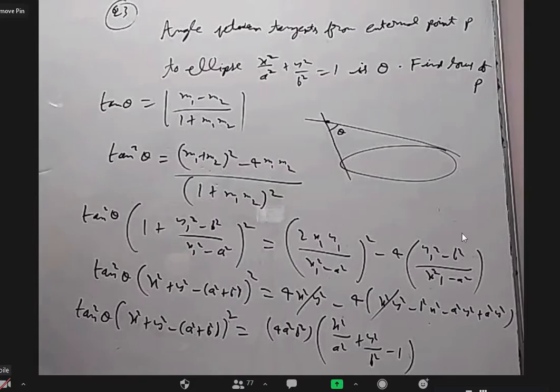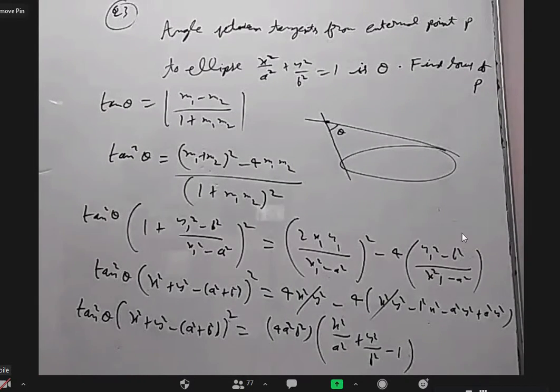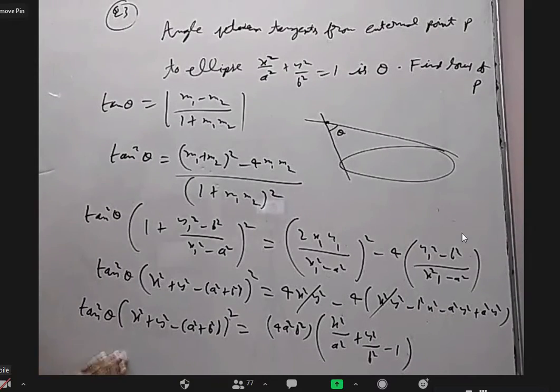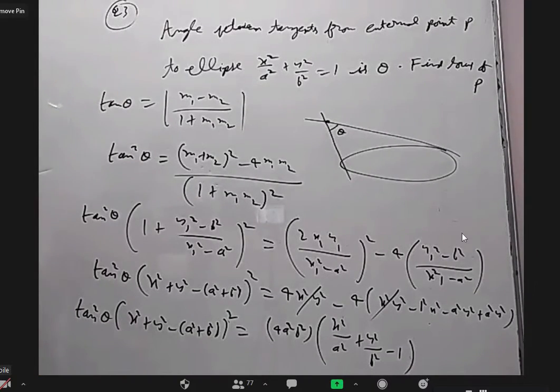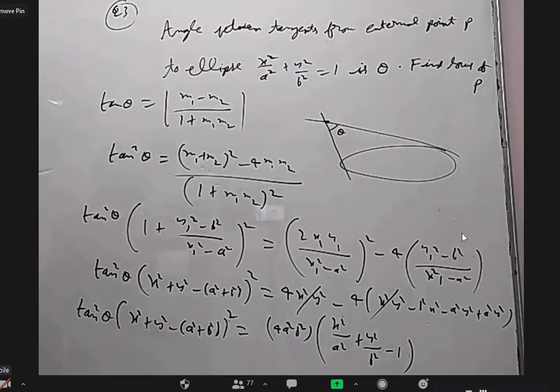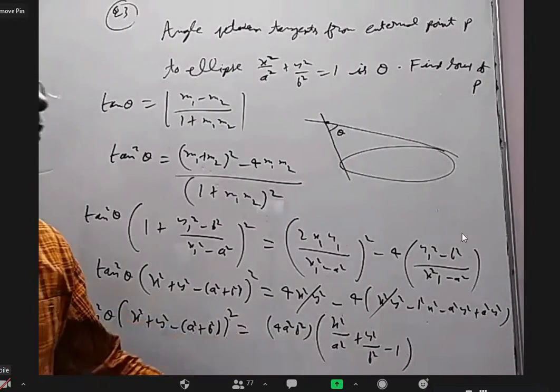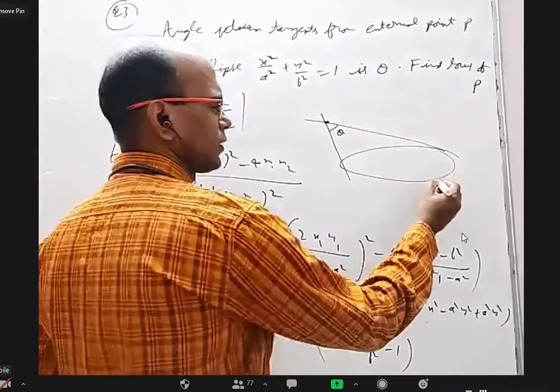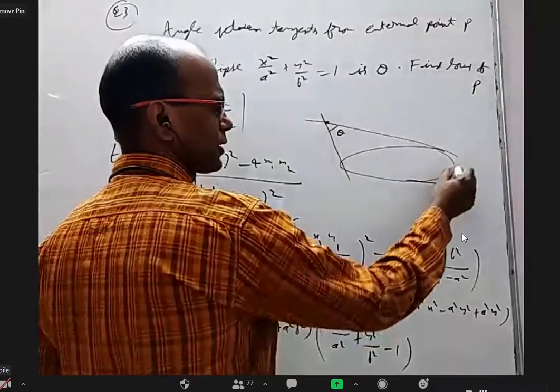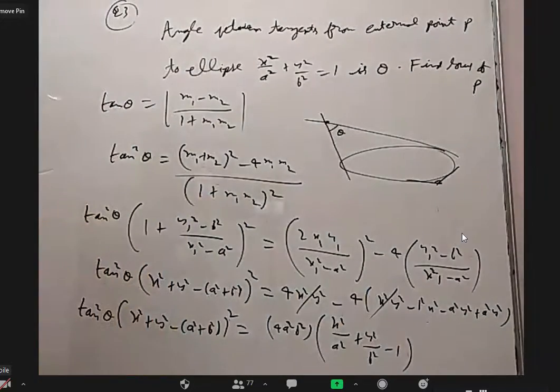Yeah, that's good. Anybody want to comment on when theta is tending to 180 degrees, what happened? Sir, when theta is 180, it is the ellipse. When theta is 180, we get the given ellipse itself, because only when the point is very, very close to the ellipse and you draw two tangents, the angle between them is almost 180. So when theta is tending to 180 degrees, the locus should tend to the ellipse.